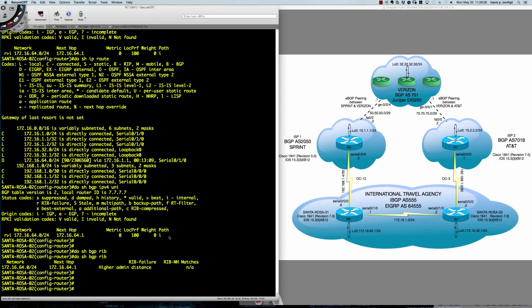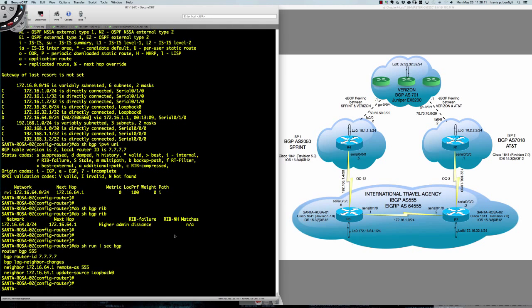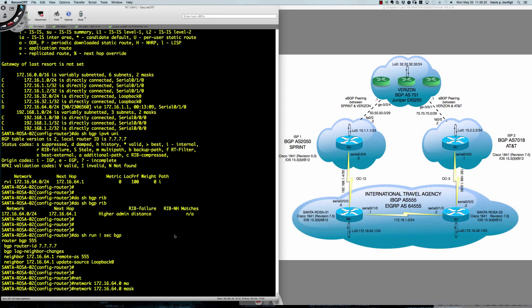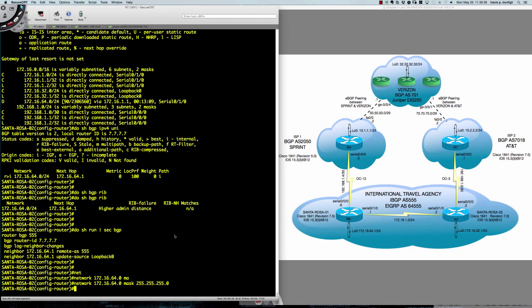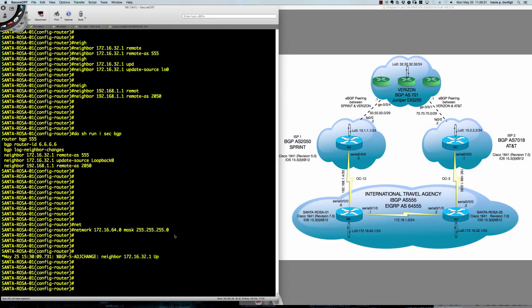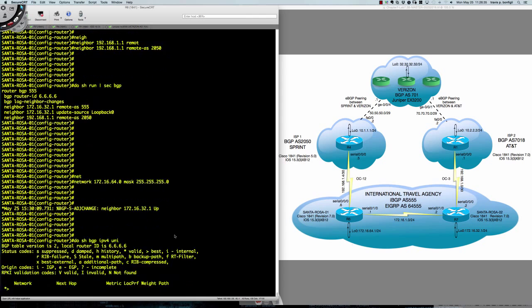Now, we're going to see the same thing. Let's take a look at our do show run section bgp. I think we need a network statement, and we do. So we're going to go ahead and originate the loopback address as well. 172 on this side for Santa Rosa 02, 64.0 with a mask of /24. So if I were to go over now to Santa Rosa 01 and say do show bgp ipv4 unicast,